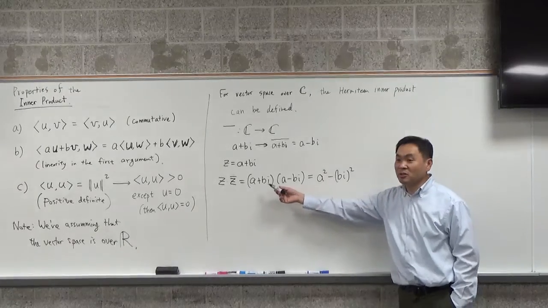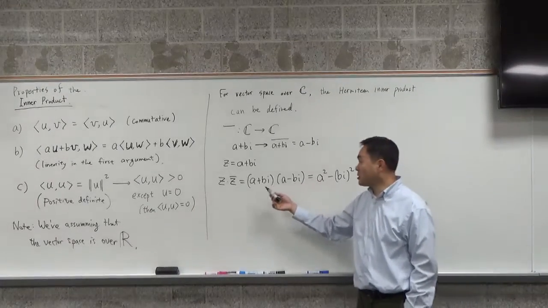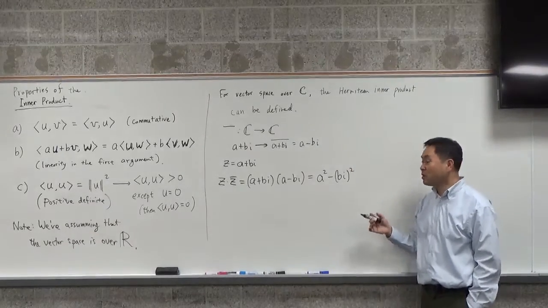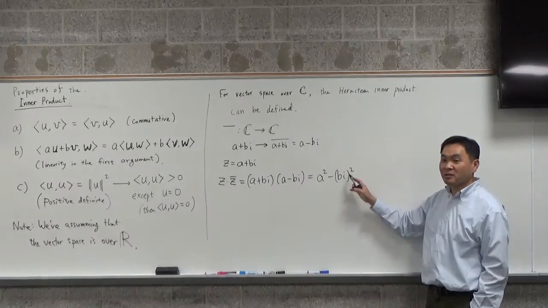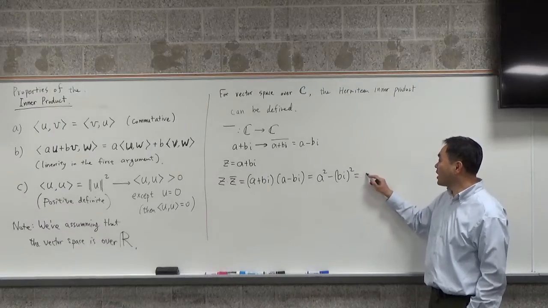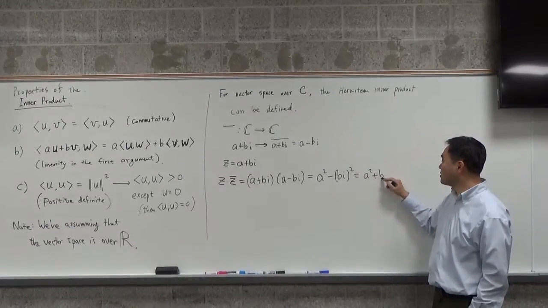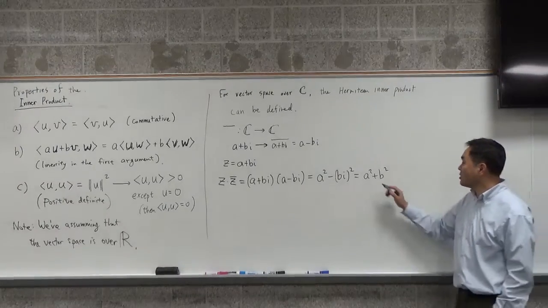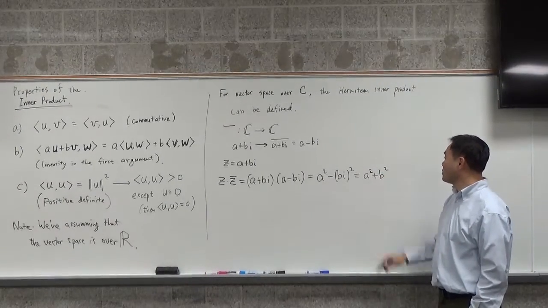All I'm using is the difference of two squares formula, right? (a + b)(a - b) is a squared minus b squared. That's what I'm using. But then i squared is what? That's -1, so this is a squared plus b squared. So you have a squared plus b squared